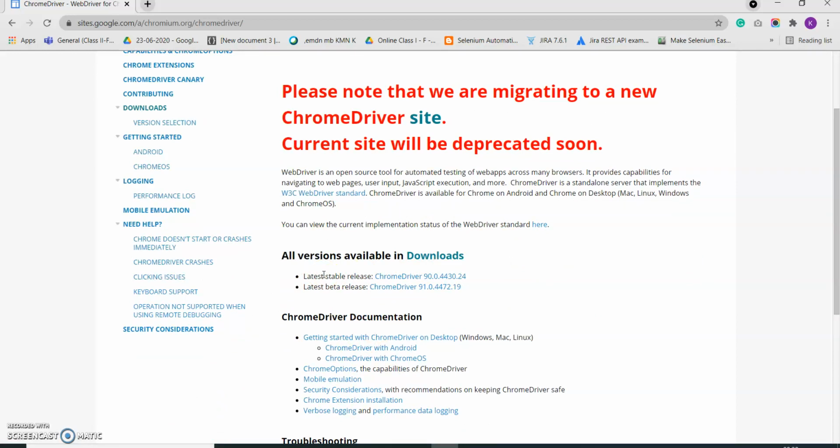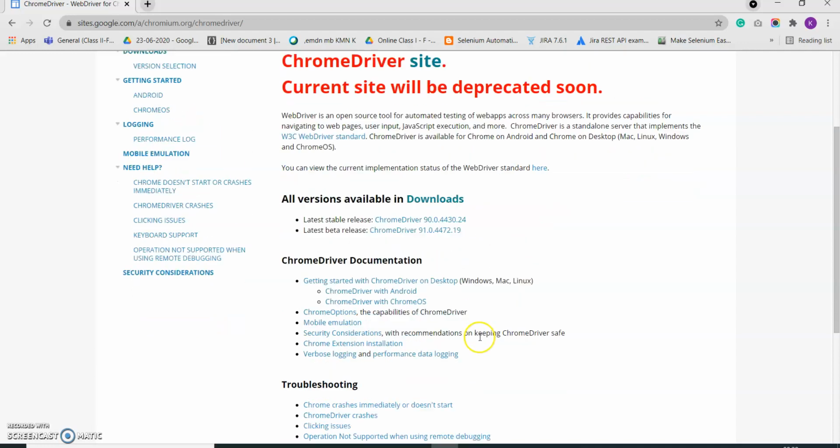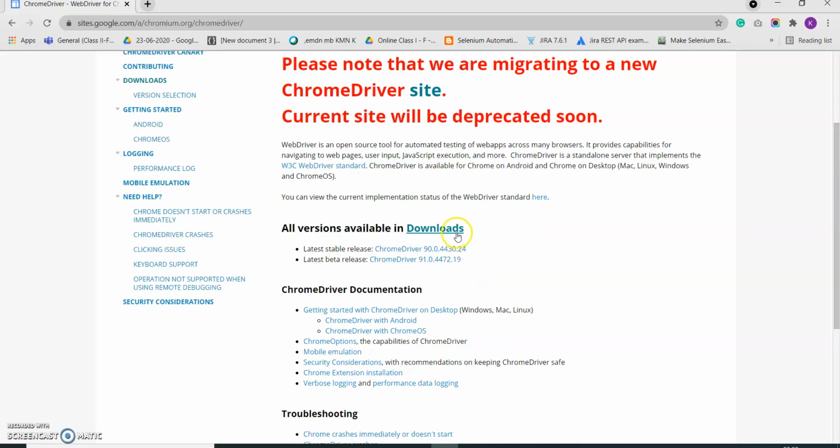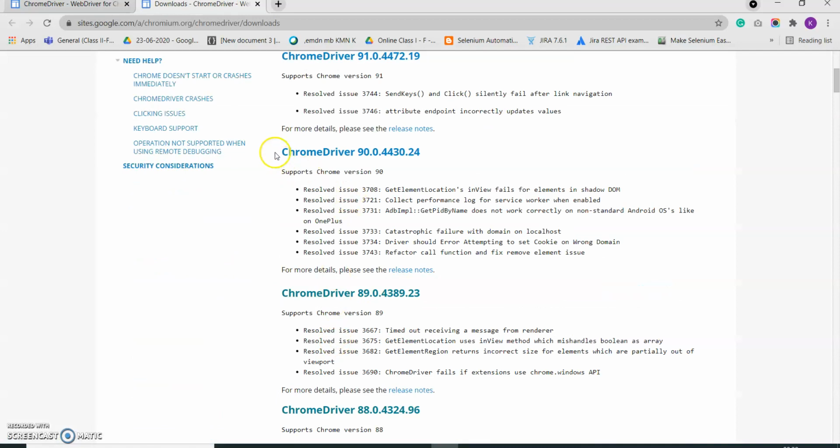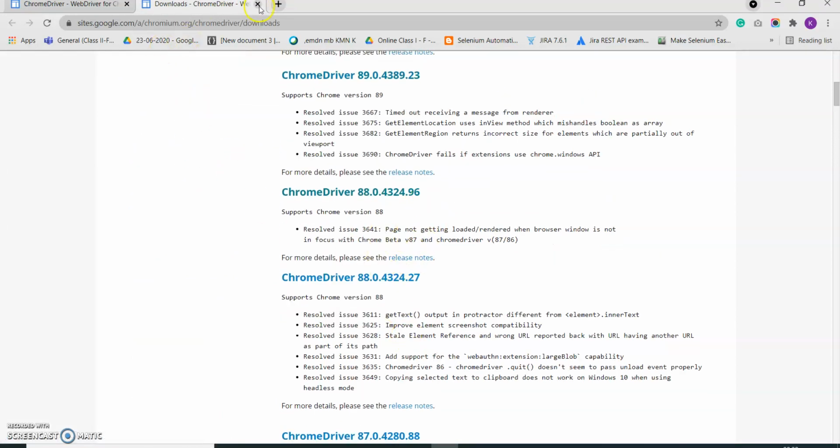But we just need to make sure that we download the exe which is matching and compatible with our Chrome version. So you can see there are different exes available. In all the details you can find, like it is for 90, it is for 89, it is for 88.